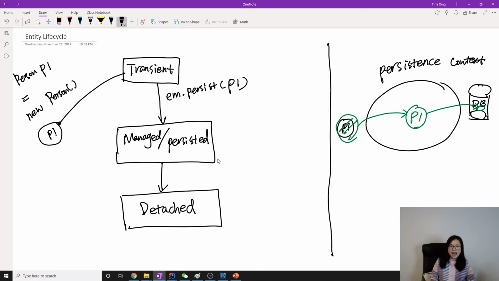Next one is detached. How do you get it detached? You can use em.detach, or em.close. We will talk about all the APIs later, and there probably is another one I couldn't remember now. So what is detached? Detached means